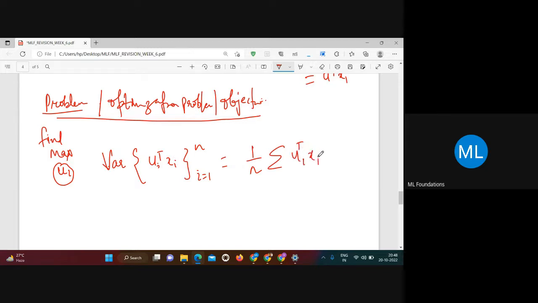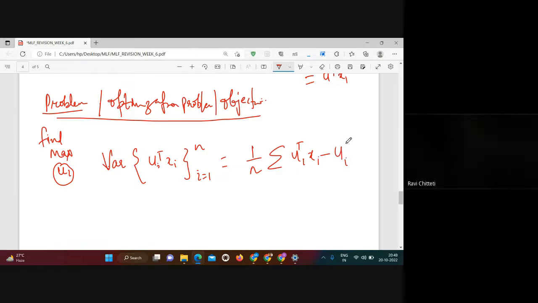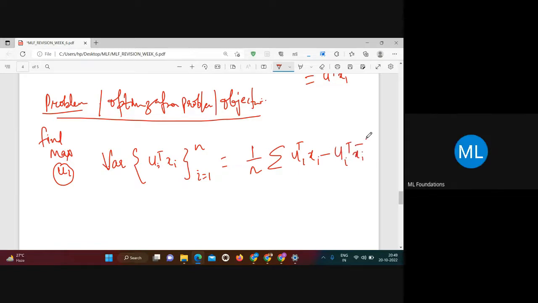UI transpose xi minus, I need to take variance, which is simply the distance from your mean value. And mostly the mean is zero itself, right? Mean is zero. Why is the mean zero? Because